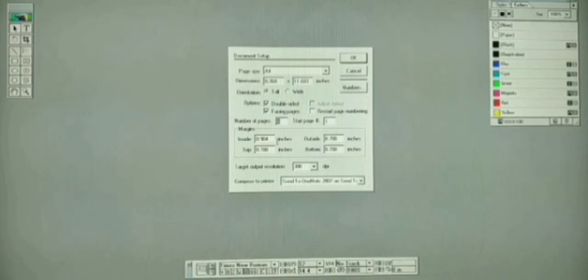Next, you have to set the margins. So first it is inside, it is 0.75. Next the outside is 0.75. Next, top you have to set it as 1.25.